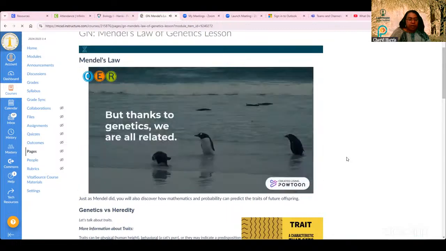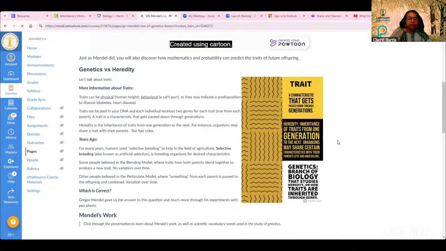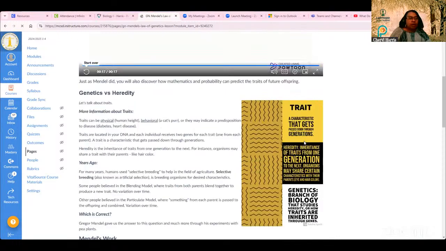Okay, that's kind of crazy, but created using Powtoon. That's okay. There we go. All right. So we are looking at